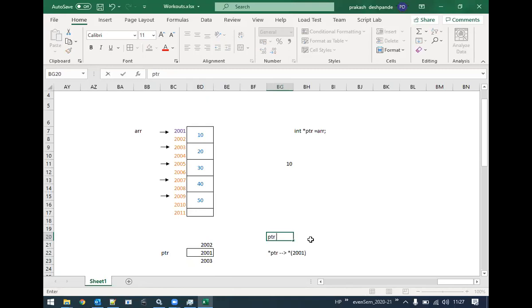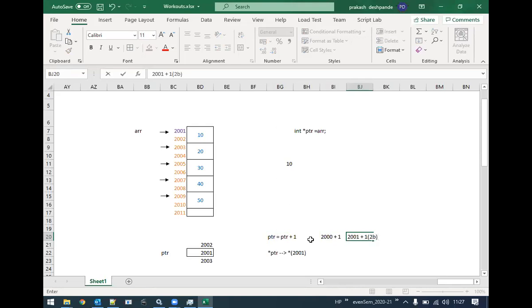2003, right? Incrementation here basically means PTR is equal to PTR plus 1. PTR value was 2001. In the previous class we studied that this plus 1 is not a simple number. Rather it is 2001 plus 1 into the size of that particular data type, that is 2 bytes.